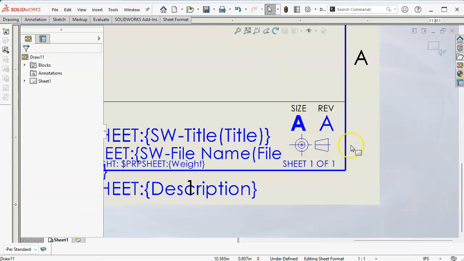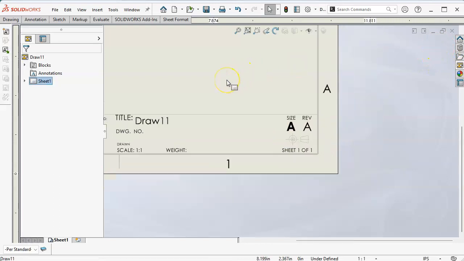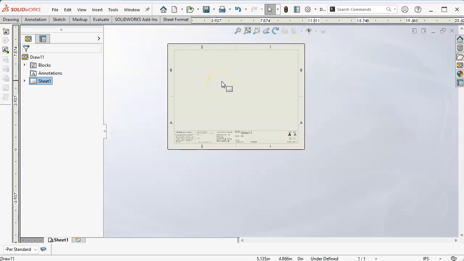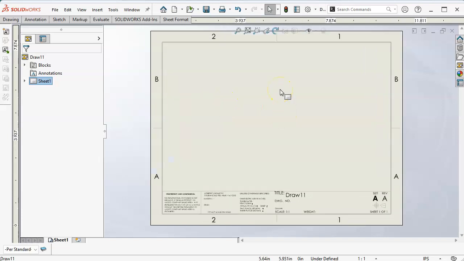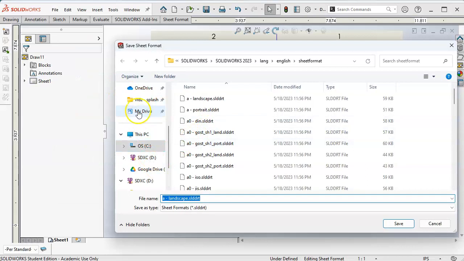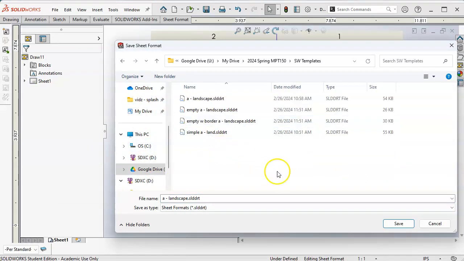And I'd want to be a little careful because now I can drag and move it around, and it's probably going to be something that when I edit the sheet format, I'm just going to have to watch for. So that gets me into the geometry, and if you don't explode the block when you insert the next sheet or generate the geometry, and let's see, if we go to the sheet format, my drive, to the templates,